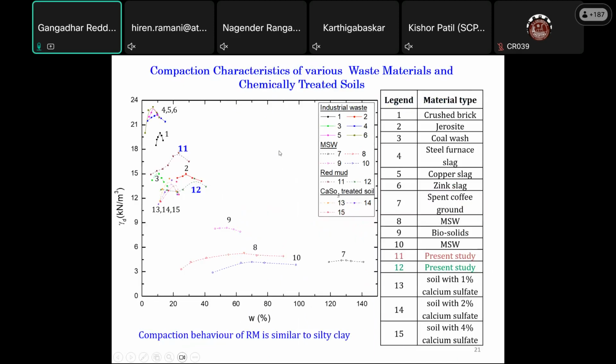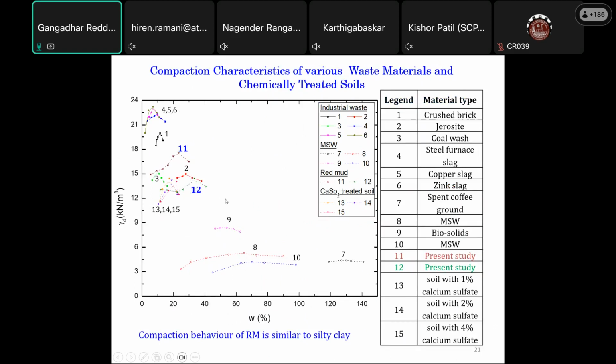You can see I made a comparison study with other industrial waste or chemically treated soils as well. The bottom curves are related to some kind of biosolid materials, or solids, or municipal solid waste. Whereas points 11 and 12 on the curve are from the present study, which are exactly falling in the range of